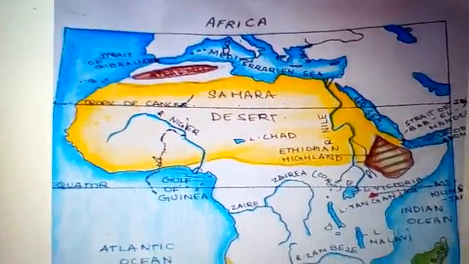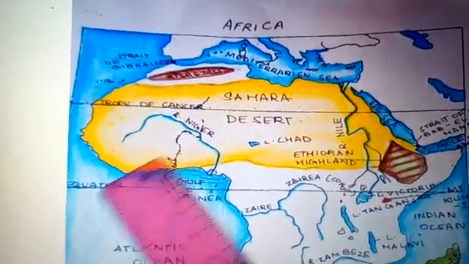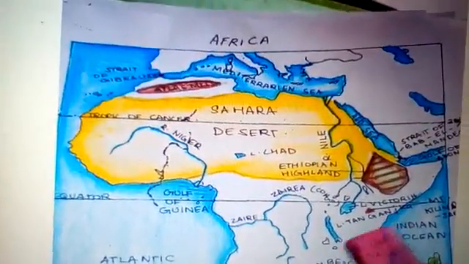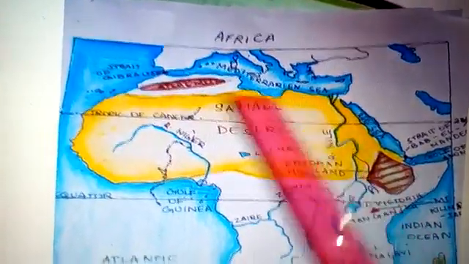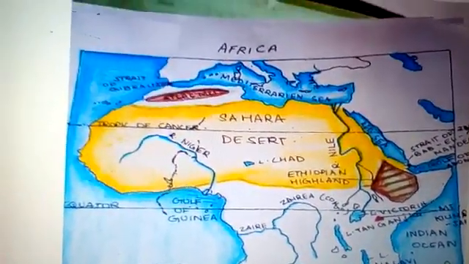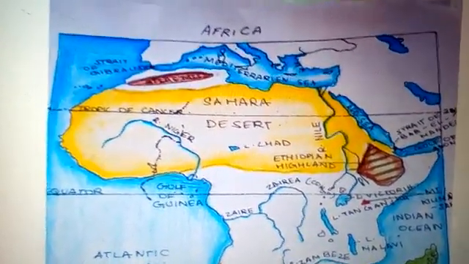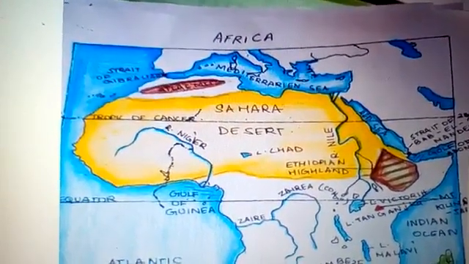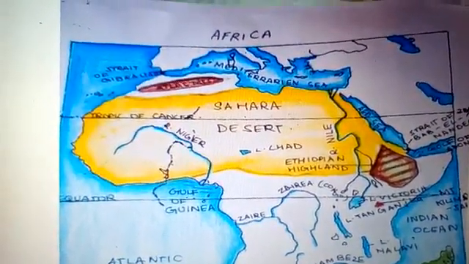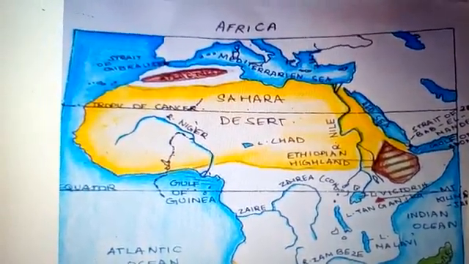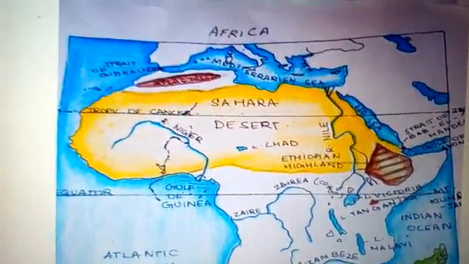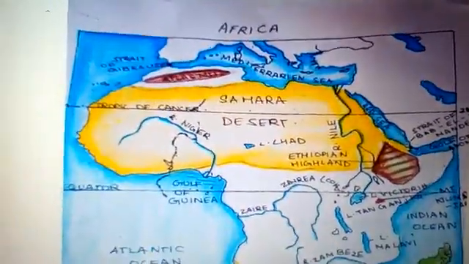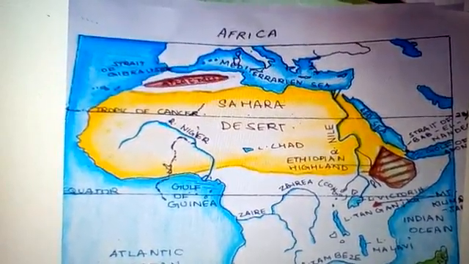Now, this desert extends from the Atlantic in the west to the Red Sea in the east, and it covers an area of 8.6 million square kilometers. That is how it becomes the world's largest desert. And there are a few oases also in this area, which provide a lot of respite to the travelers while they are traveling in the vast desert. And the Tibesti and the Aghar Plateau are included in the low central plateau. So this is the area of the low central plateau.